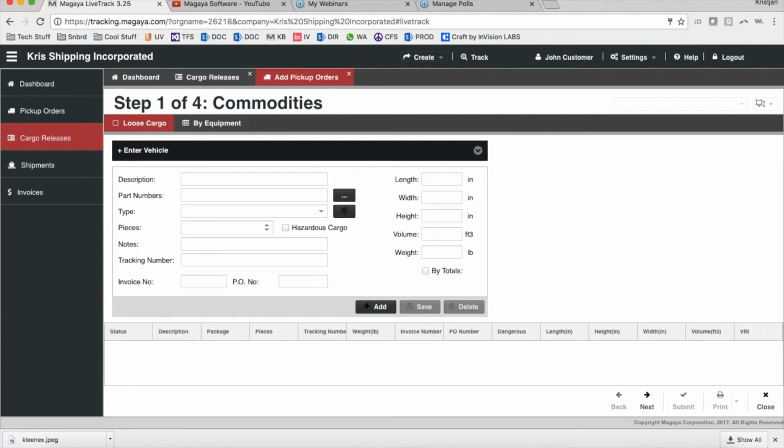Online pickup order essentially would allow you to provide a front end to your customers to say, don't call me anymore if something needs to be picked up, or don't send me an email. Just go log in with your user to LiveTrack and add this pickup order, and I will get it in my Magaya system. Okay, so we've had this for years, but the new thing we've added